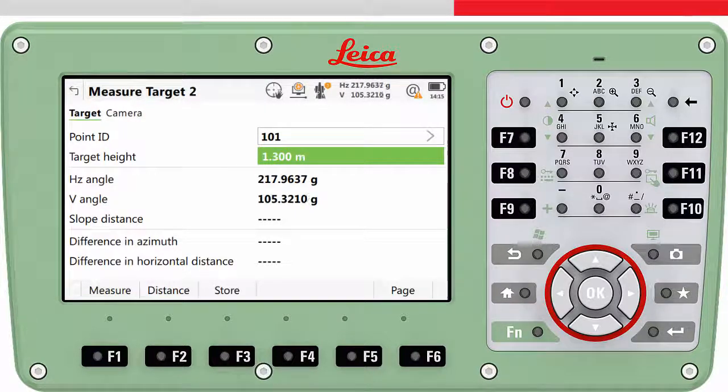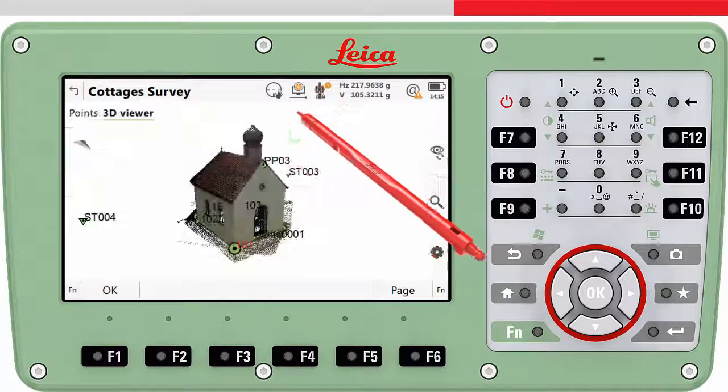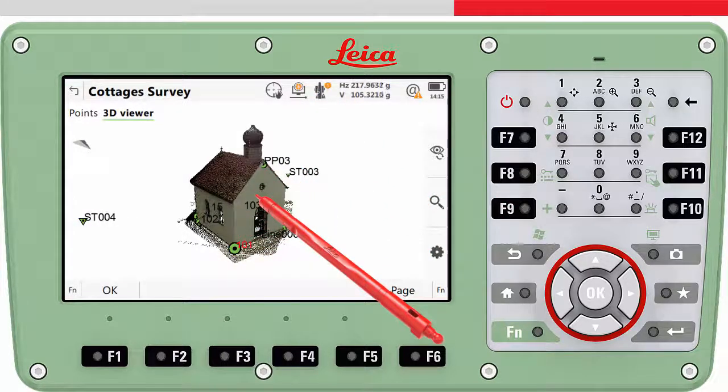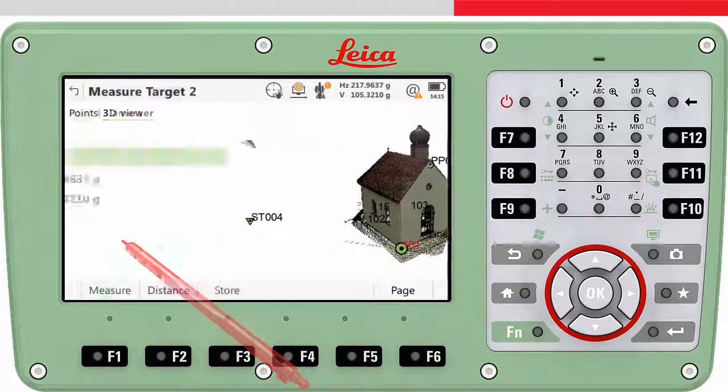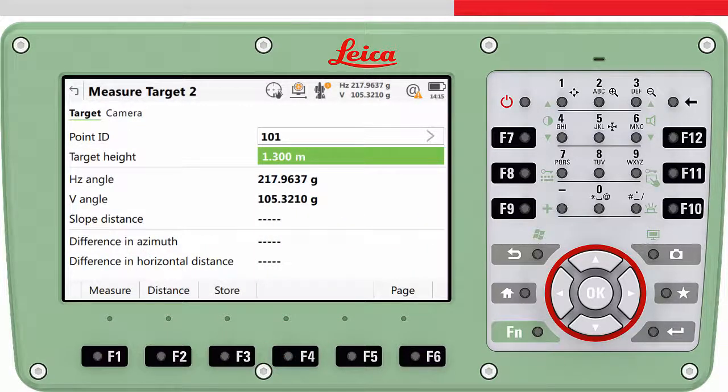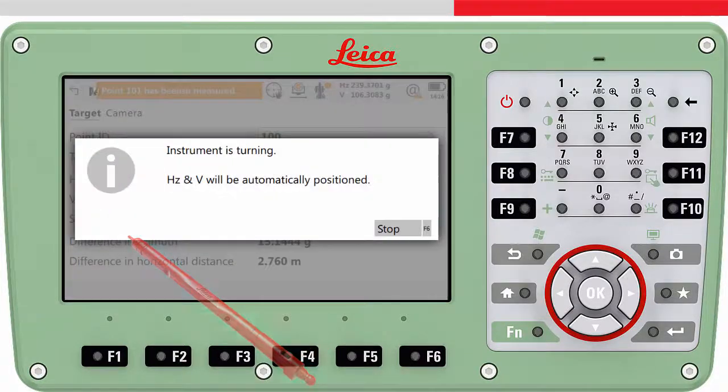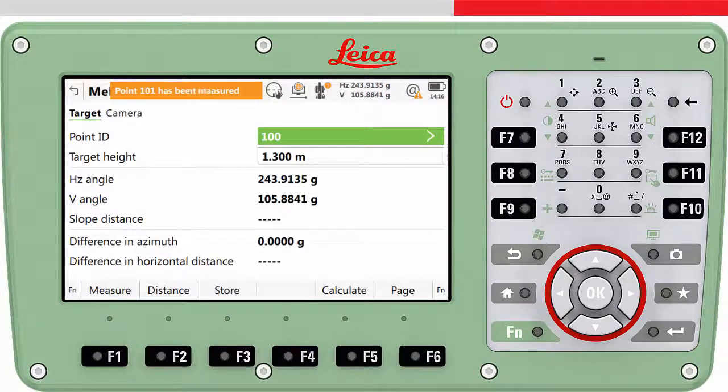And then we can measure the second target point. We again select the target point, enter the target height, aim to the target and then press measure. Again the measurement is made and the measurement is stored. You may notice that the Calculate key is now visible. This is because we have now measured two target points and therefore the position, height and orientation of the total